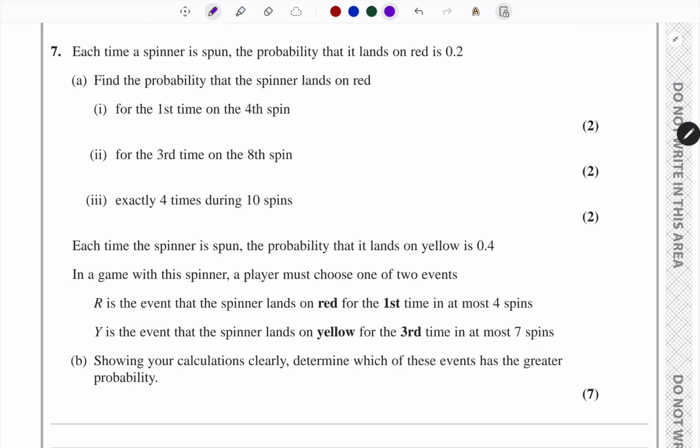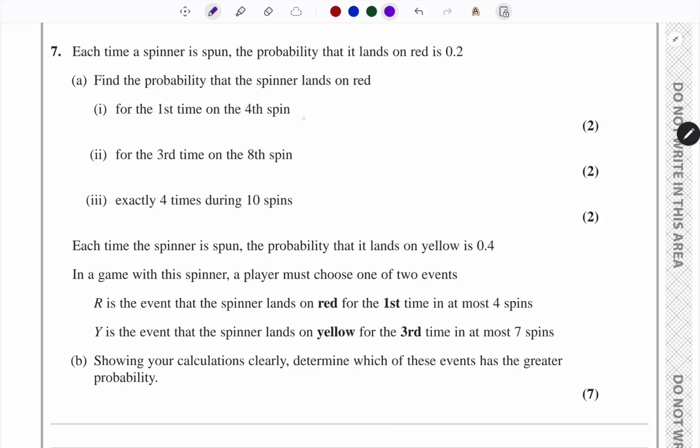Each time a spinner is spun, the probability that it lands on red is 0.2. Okay, it's either geometrical distribution or binomial distribution. Find the probability that the spinner lands on red for the first time on the 4th spin. It's just negative binomial distribution. So if it's the first time on the 4th spin, then it's